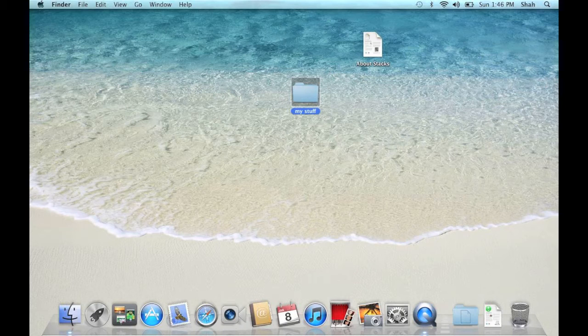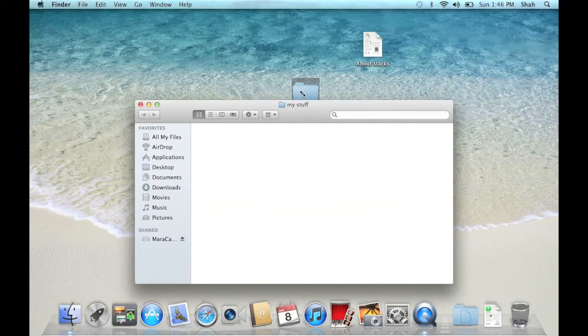Double-click the newly created folder to open it. Create a new folder inside it called Lesson Plans.